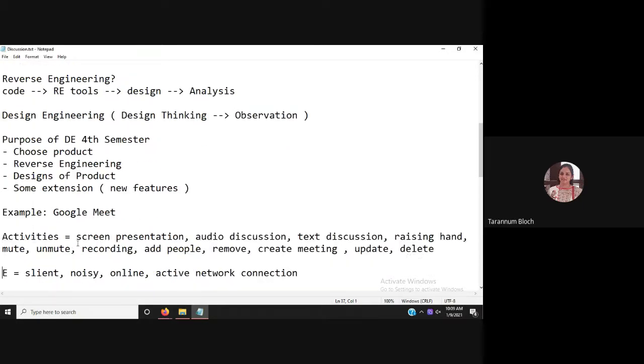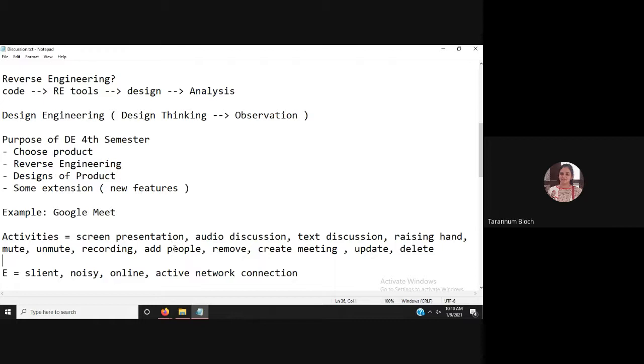So that was the discussion last time, and I said that the purpose of the design engineering in fourth semester is that you have to choose a product, apply the reverse engineering, understand the design of the product, and identify what could be the better features to make the current system better, right?